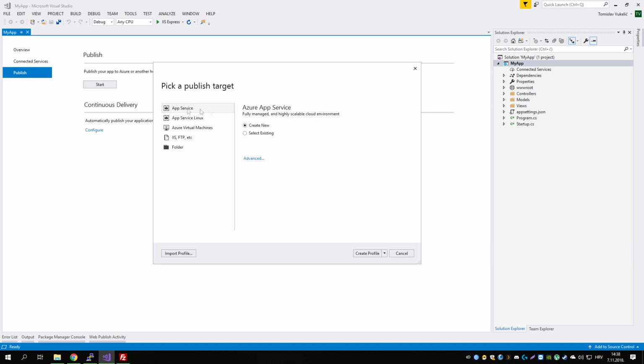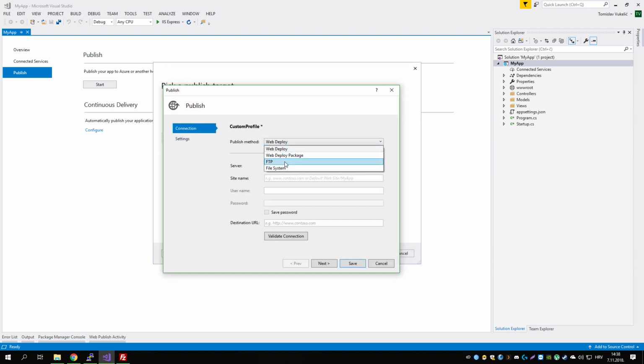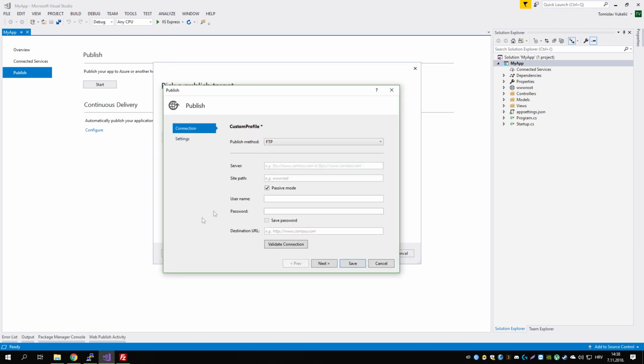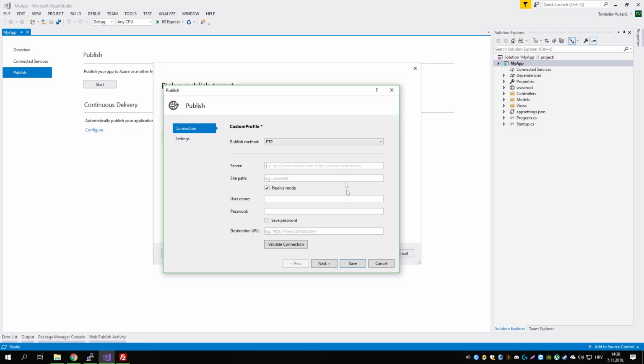We can press the start button here. We'll pick the IIS FTP, etc. We have to create the profile. FTP. Now for the server we will just use the server's IP. Site path, we leave this to default. We don't have to move anything about here. My app